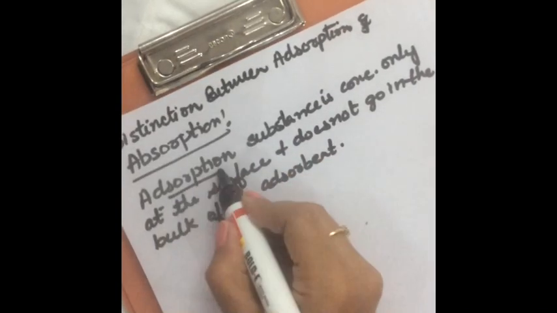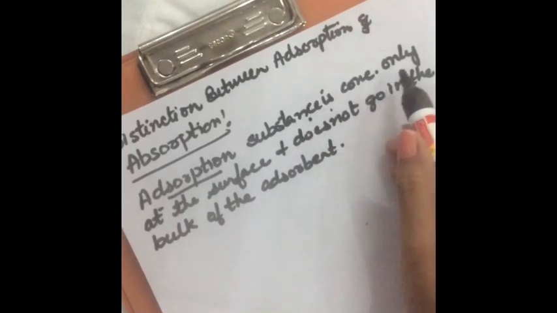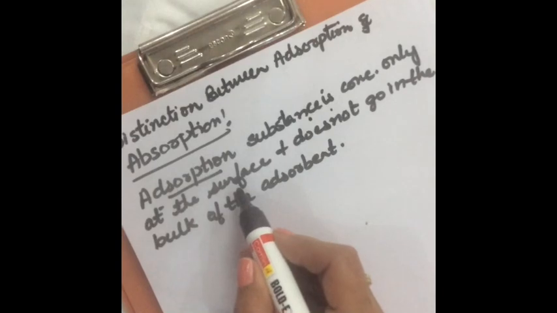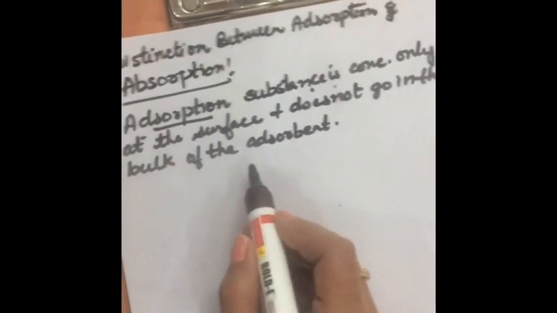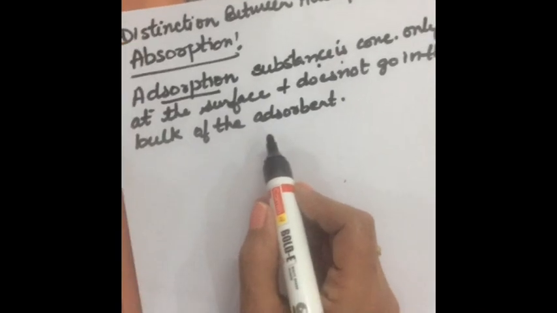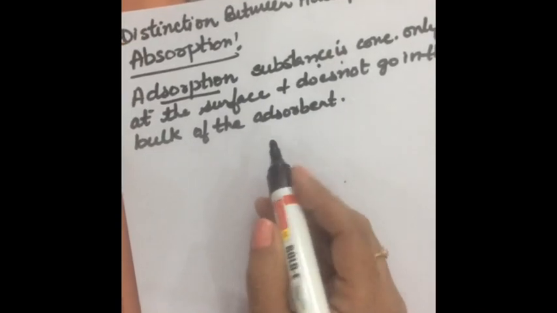In adsorption, the substance, meaning the adsorbate, is concentrated only at the surface and does not go inside the adsorbent. Example: